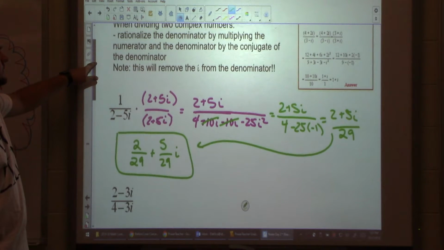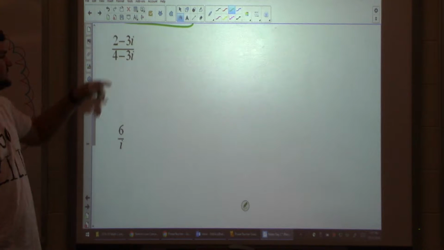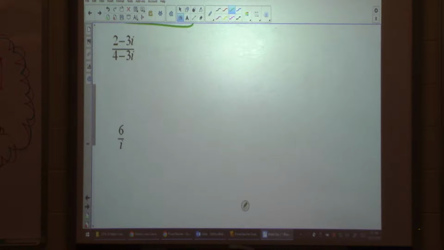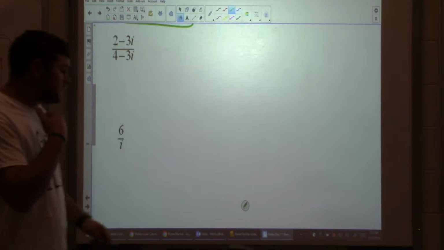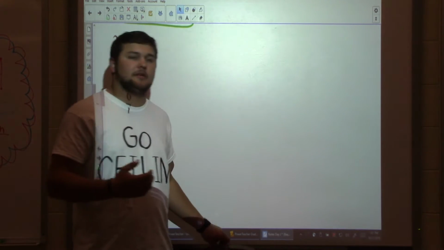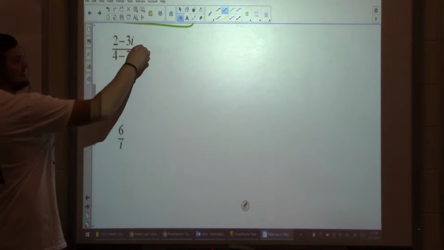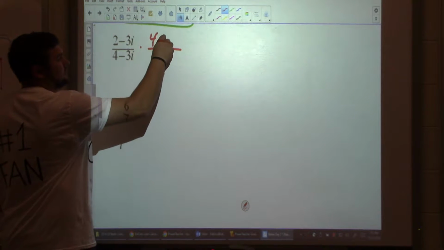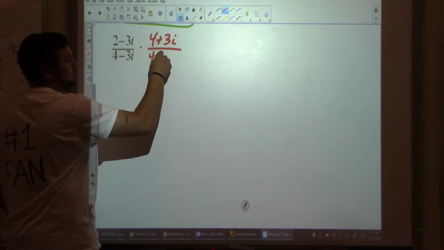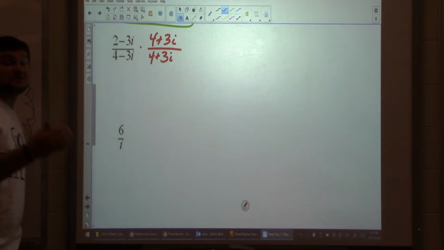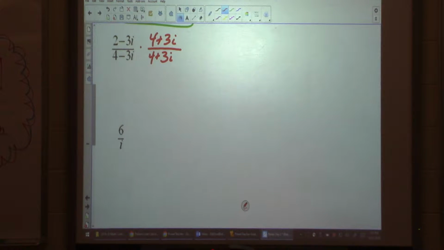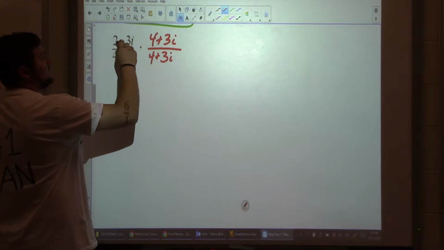Good to know. Okay. We're going to do 2 minus 3i over 4 minus 3i. We said we want to get rid of all of our i's in our denominator. So what do I want to multiply by here to do that? 4 plus 3i. The conjugate of the denominator. So 4 plus 3i on both top and bottom. Now on this one, I'm going to FOIL both the top and the bottom. It's not as nice as the first one. It's not just a whole number. So if I FOIL here,